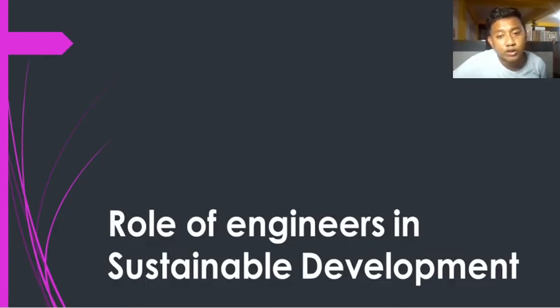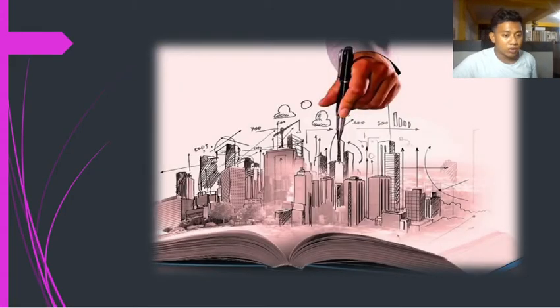So what is the role of engineers in sustainable development? So ano nga ba ang role ng engineer sa sustainable? So in order to support sustainable in the field of construction, the building and built environment have to satisfy some important criteria. This will include biodiversity enhancement, support to community, effective use of resources, pollution reduction. Wala yan sa PowerPoint, makinig kayo. Okay, production and process management. Creating healthy environment and process management. So next.